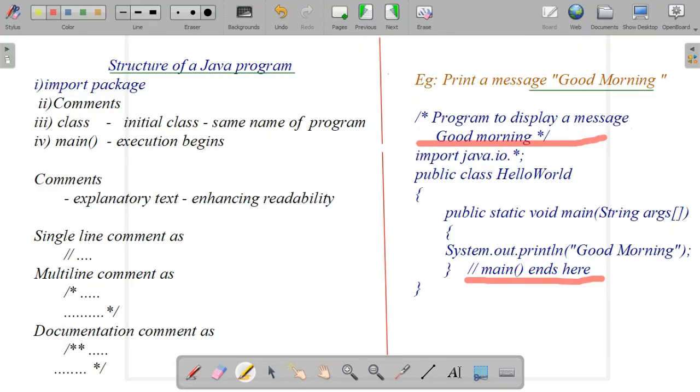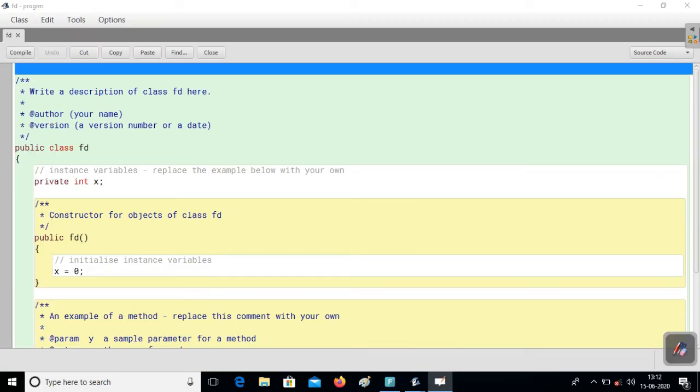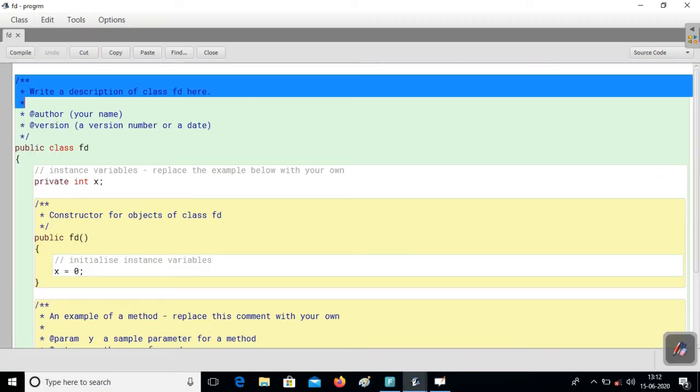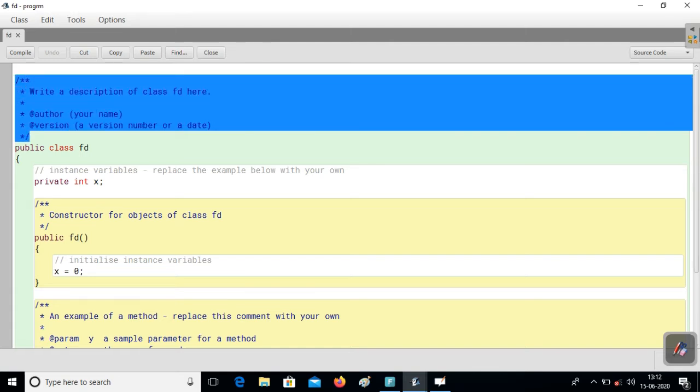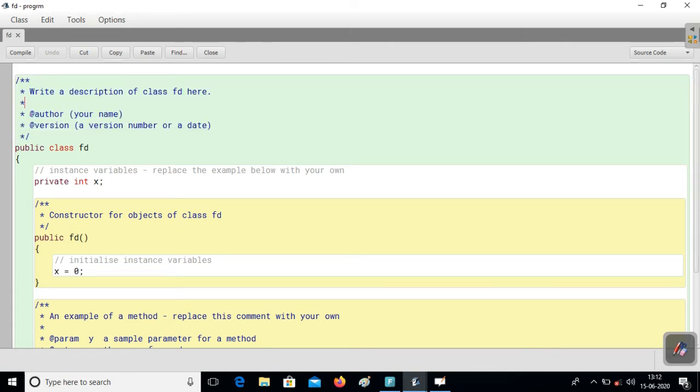Just a minute. Here you can see this is acting as documentation; the double star is here for documentation purposes. Sometimes for a large application, or when developing software, programmers will write documentation.